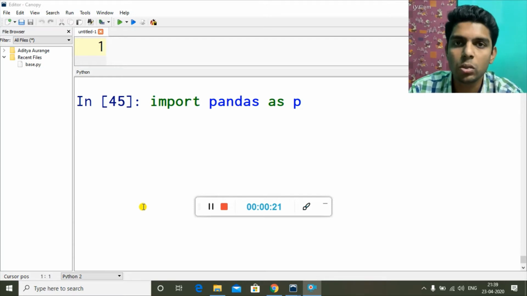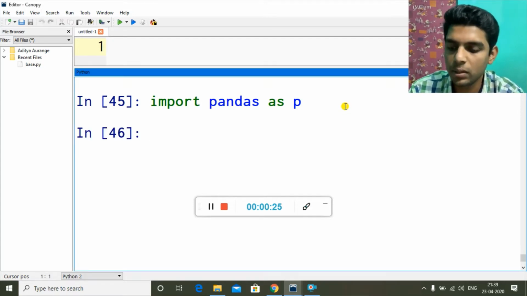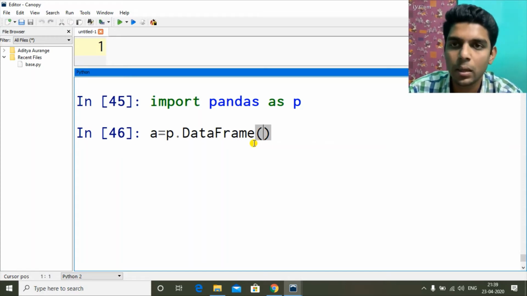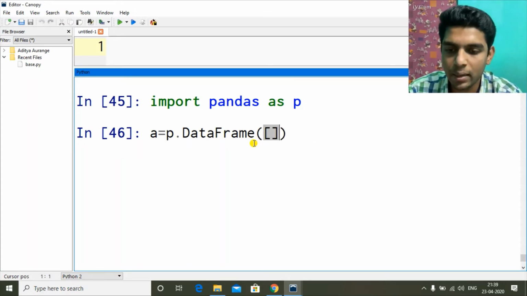Okay, so let's start. Let's import pandas first and then create a new data frame, a equal to pd.DataFrame. Inside I will pass a list, data in a list. So let's have 1, 2, 3.